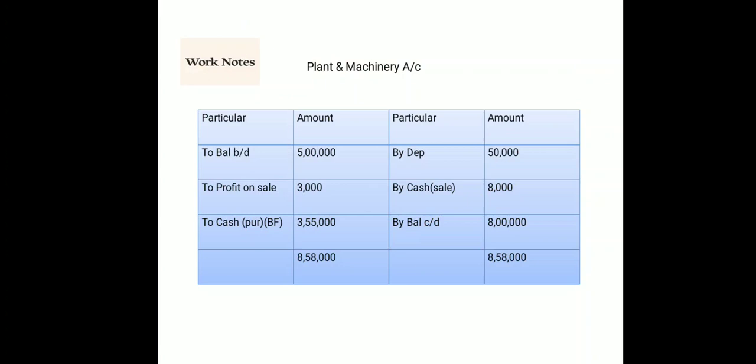One is your depreciation. Depreciation will get posted as a non-cash expense. Then profit on sale will get posted as a non-fund or non-operating income or gain. Then we have cash sales, which will get posted as an inflow of cash under the heading cash from investing activities. And then we have cash purchase, which also affects your cash balance, because if you are going to purchase something, definitely you have to pay. So this will be an outflow of cash, but this will again come under the heading of cash from investing activities.